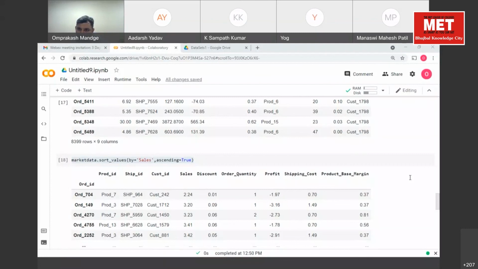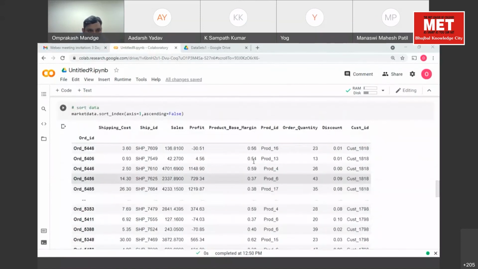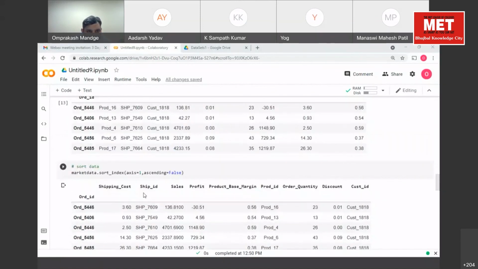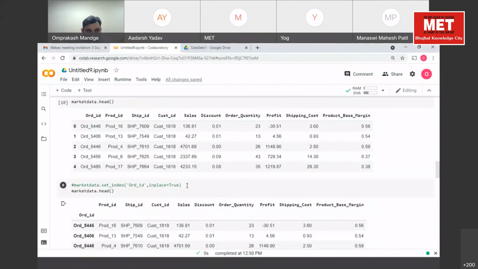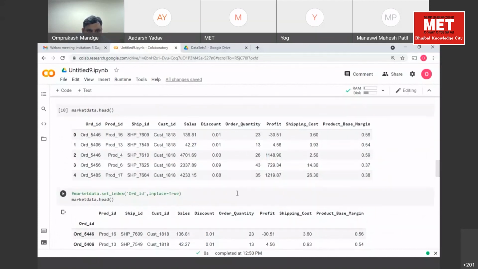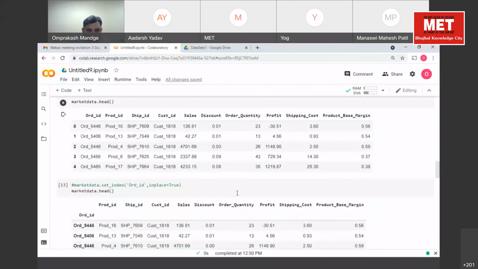In your code, what I can see is that the first column is order ID, right? Index. No, the first one, just scroll it up. You have not removed this index? I have removed the index. So what's the problem?